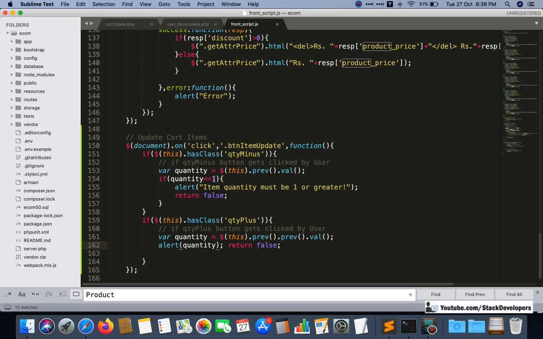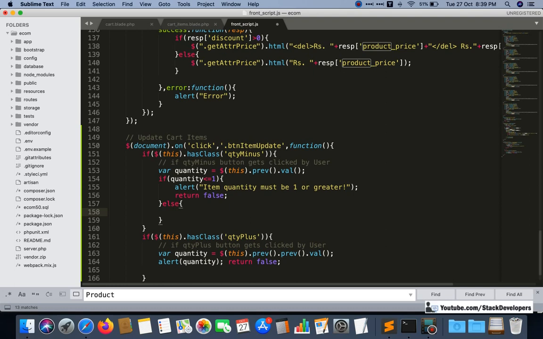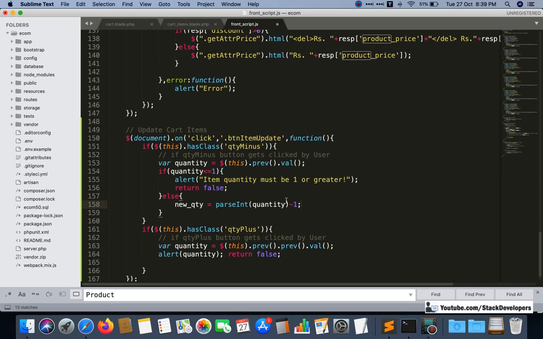And here you see, if quantity is less than 1, then the error message, otherwise in the else condition we can add the new quantity variable in our jQuery, and here we can get the quantity. I'm going to use the quantity for the number -1 in case of minus, and just copy this one here, and +1 in case of plus.